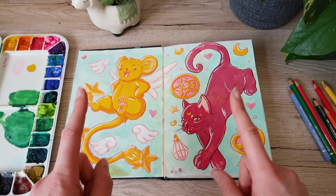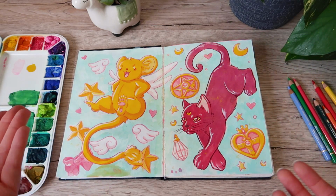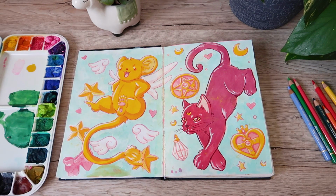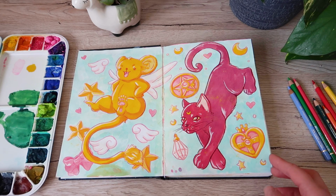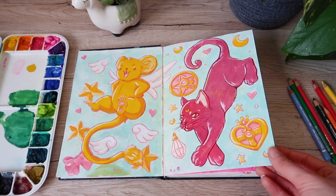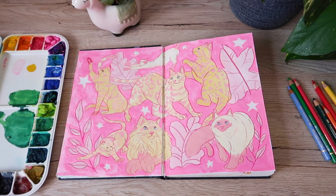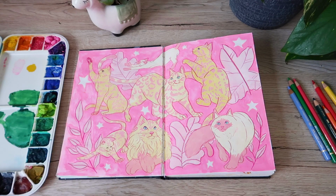Hate this spread, just dislike it very much. I wanted to do some fan art, I wanted to do Kero from Cardcaptor Sakura, and then I wanted to do Luna from Sailor Moon, and they just looked awful. Kero doesn't look so bad, but Luna looks horrendous. I actually really struggle to draw cats, which leads us very well to the next page where I tried to draw cats and they just